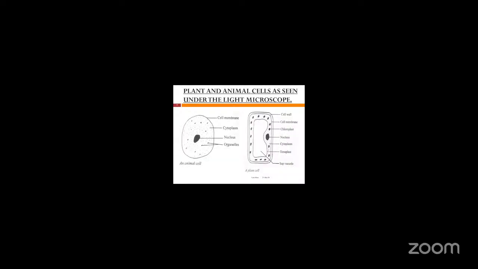There's a cell membrane in a plant cell, there's a nucleus in the animal cell, and there's also a nucleus in the plant cell. The only difference in regards to the nucleus in both is that the nucleus of an animal cell is at the center, while the nucleus of a plant cell is at the periphery at the end. Okay. Now the reason why we have it at the periphery on the side is because we have a subvacuole,